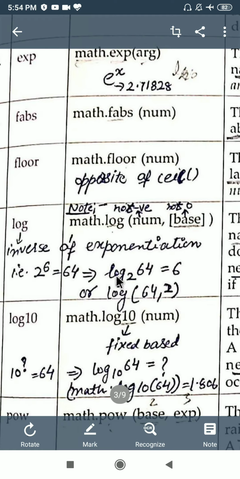So you will write log base 2 will be here, and raised to the power equal to whatever it is, that will be your number. So this is your number that you need to provide here, and this is your base that you need to provide here. Then it will give you log of it. Fine. So this particular equation can be written in the form of this. Fine. So I hope you are understanding.